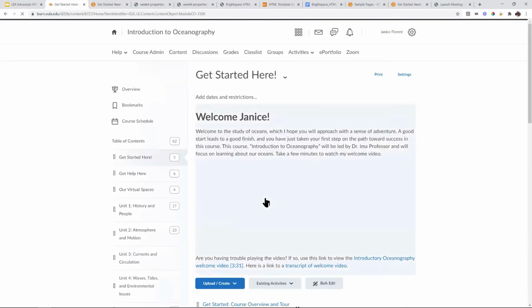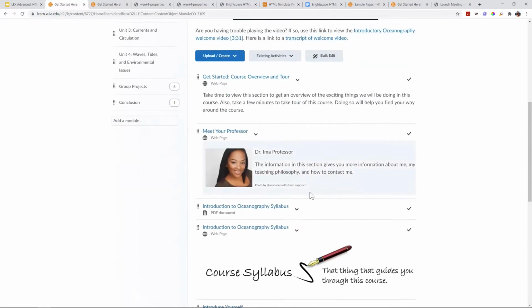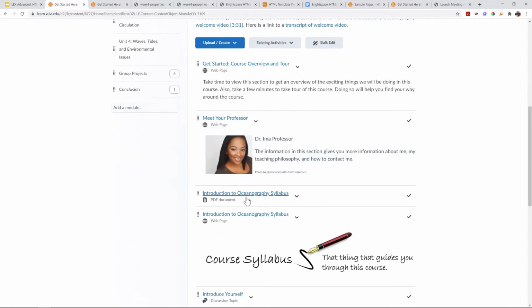Now, as we go back and look at what the other things that I have in this Get Started Here module, as I mentioned, I have the syllabus in 2 formats. Normally, what most faculty do, because it is easy to do and not a problem, is to upload that syllabus as a file. Generally, it's a Word document or perhaps a PDF. And so this one is, in fact, a PDF. So if I open this up,